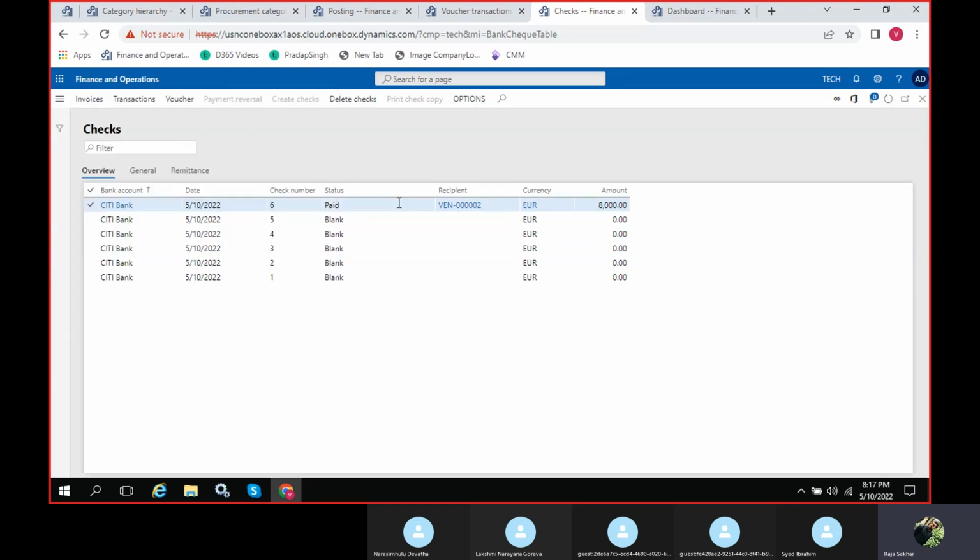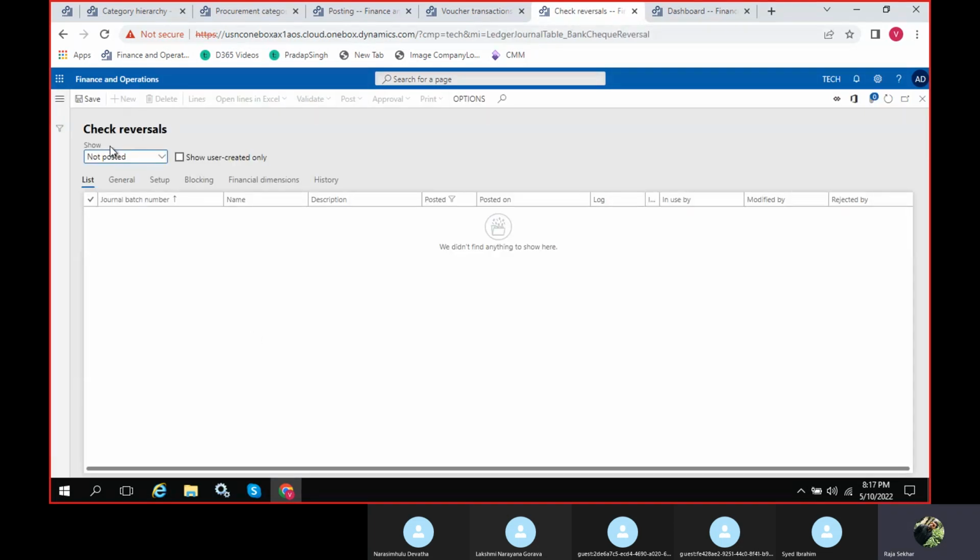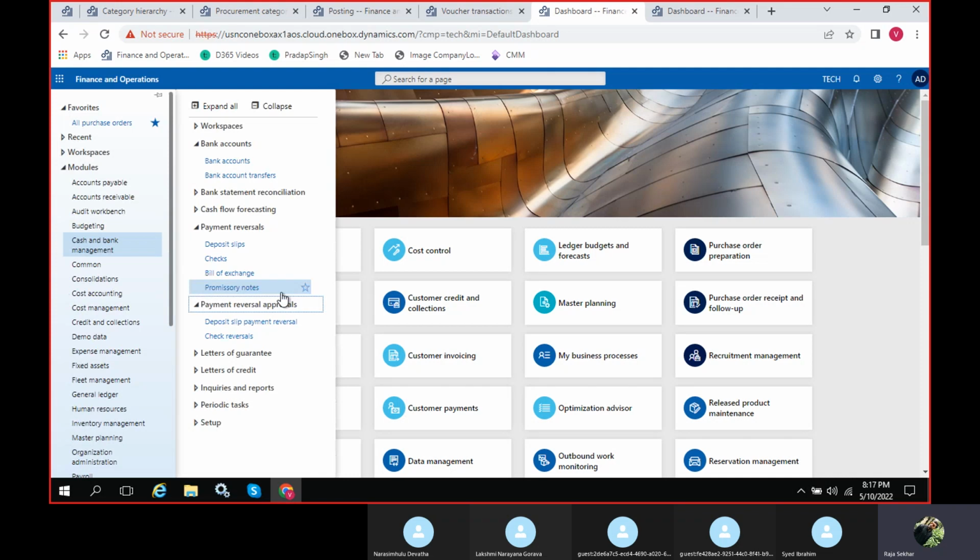Suppose you wrongly paid this check to your vendor. Later you realized that you were not supposed to pay this to your vendor, so I can reverse it here. Whatever checks there are will appear here. Once you reverse here, it will come.